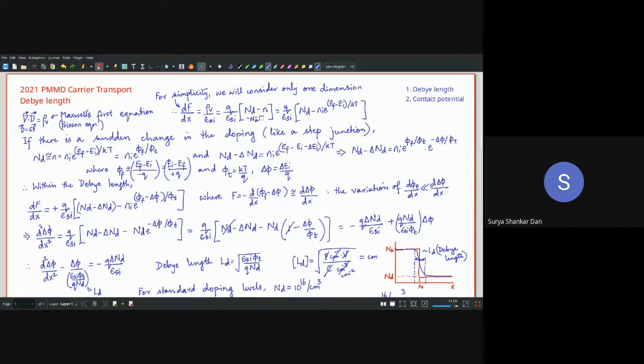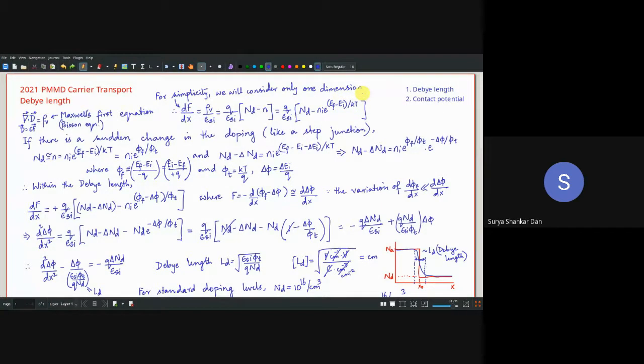Okay, so just for simplicity's sake, I am not considering this minus Na everywhere. So let's say this itself. The concept is kind of difficult, but you will understand how crucial it is, especially in modern technology. So q by epsilon silicon, this is Nd minus, instead of n, I have simply used ni e to the power of Ef minus Ei by kT.